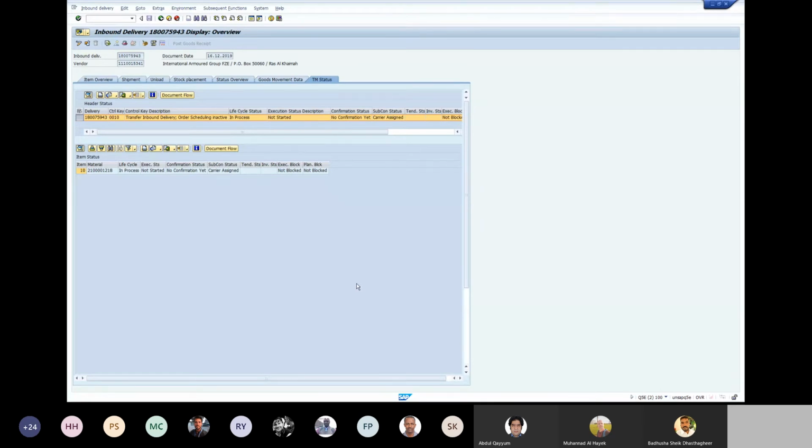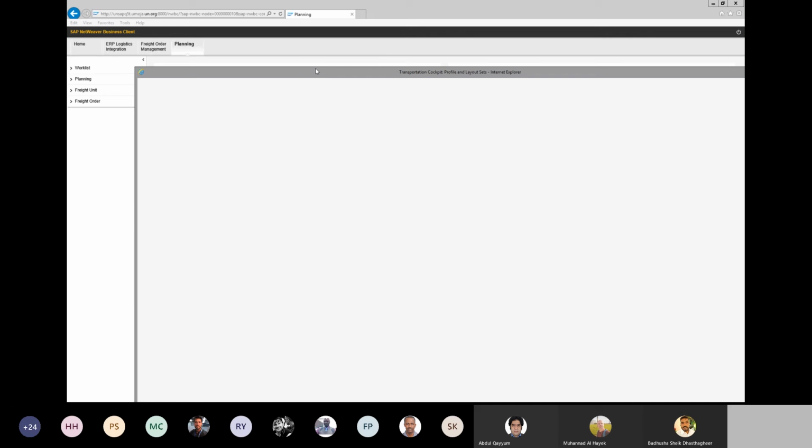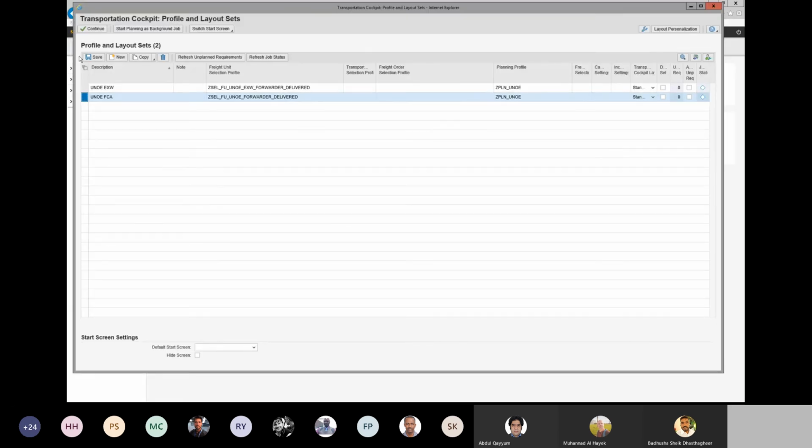Another thing I wanted to let you know, and is an enhancement that has been implemented during those last days, is that in the past, when you came to the training, and until some weeks ago, we were advising you to perform packing, for a series of reasons that I'm going to explain later. We were insisting that it is recommended to do packing for the impacts that we will see. I want to let you know that the system has changed, and in a way that packing is so important, so crucial, that the planners will not be able to plan a freight unit unless it has been packed. Meaning, if I'm a planner and I go to the transportation cockpit in order to select the routes that the orders will follow,